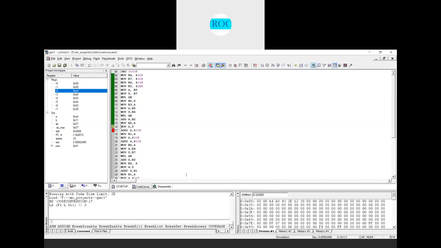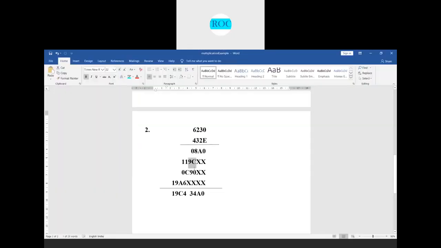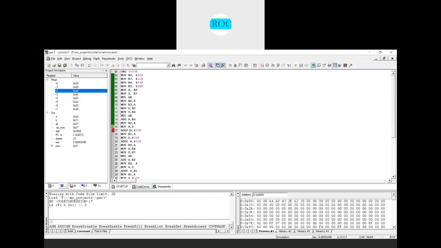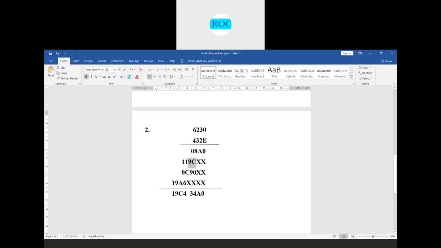Whatever result we have, again we need to add. After multiplication, 43 is multiplied with 30. This intermediate result, now stored in the R2 register, will be added with 90H. Next, MOV A, B. Now the higher byte we have is 11. Now 08 is added with 9C.